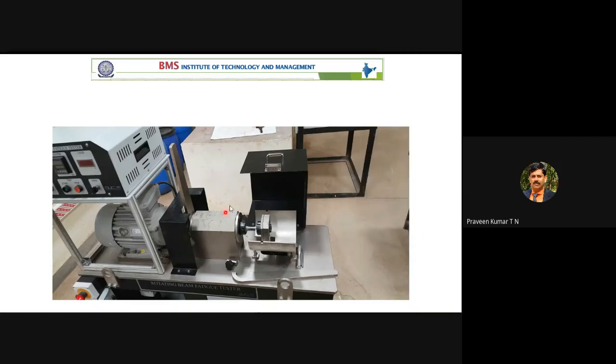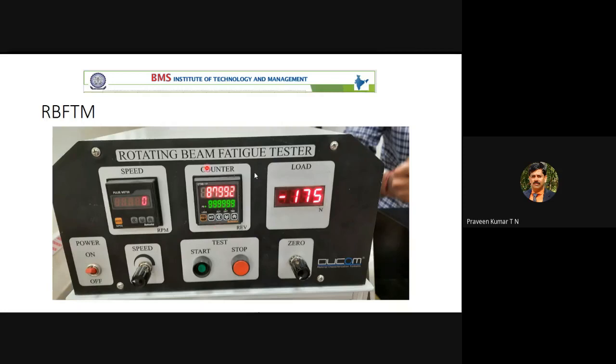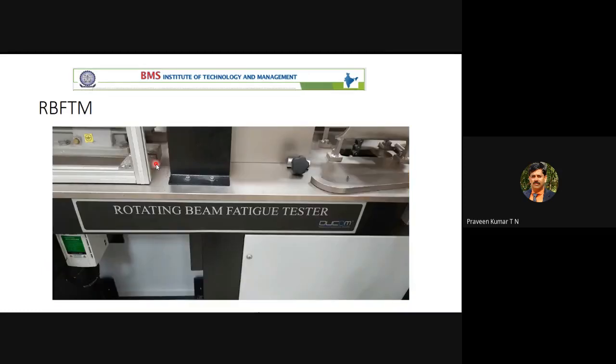To measure the cyclic loading, there is a counter to find out how many times the stress is reversed from minus 100 megapascal to plus 100 megapascal. How much load is applied is finally in terms of stresses. So we have a load arrangement. One more is speed. It is a rotating beam, because to apply cyclic stress, if the beam is not rotating, then it comes under static loading.